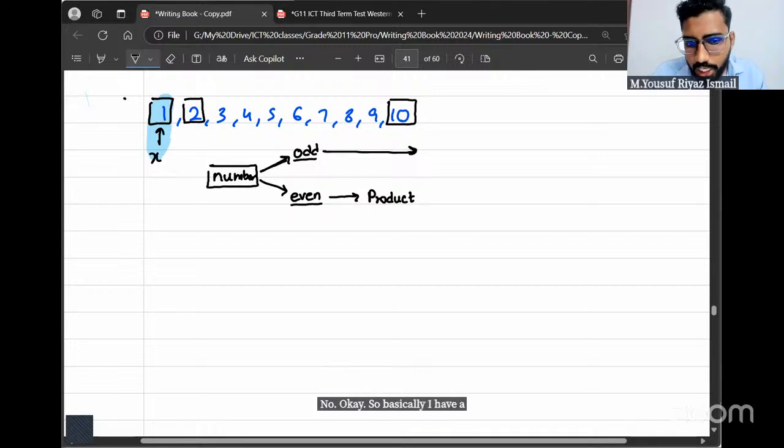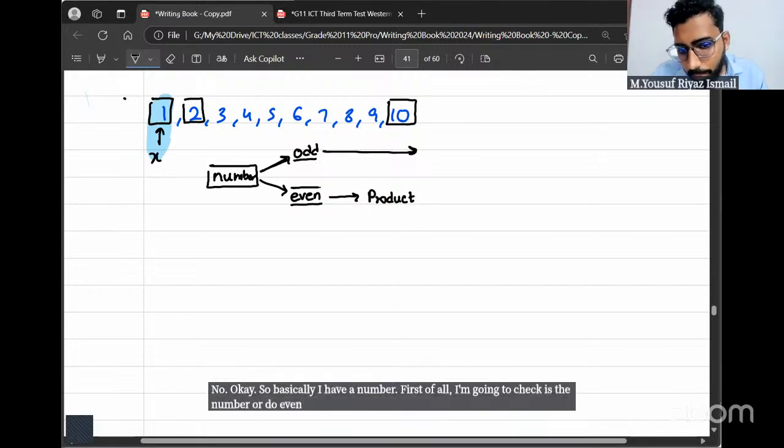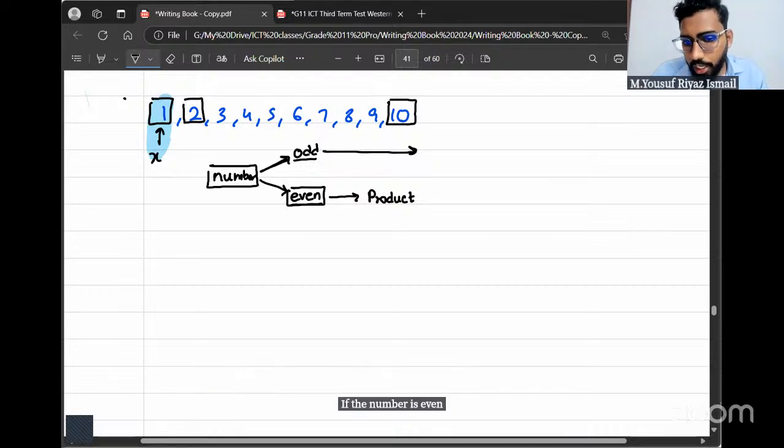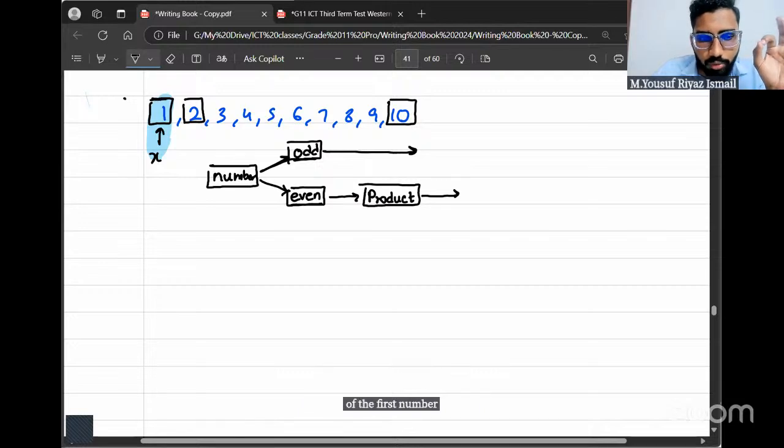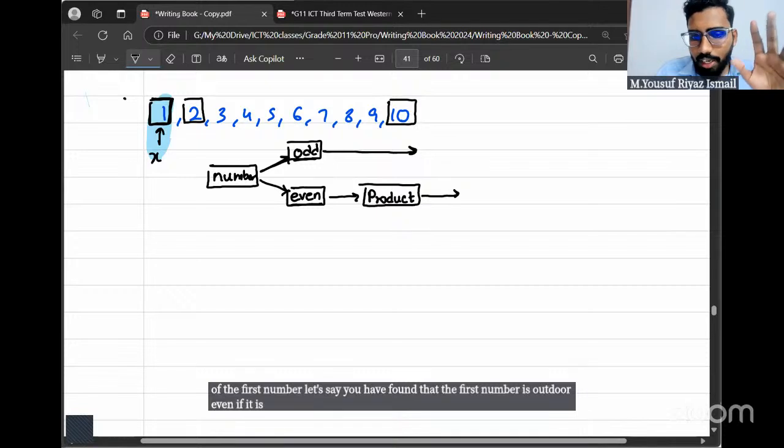So basically, I have a number. First of all, I check whether the number is odd or even. If the number is even, then I get the product of it. If it is odd, should I do any calculations? No. Once you're done with the first number, if it's even you multiply, if it's odd you ignore.